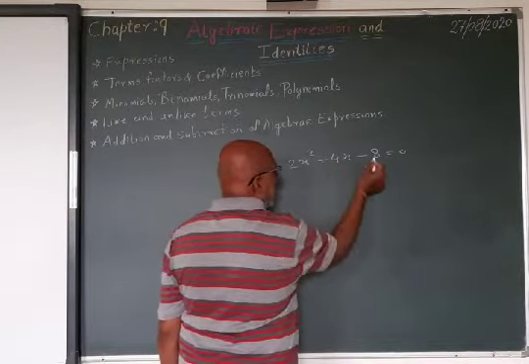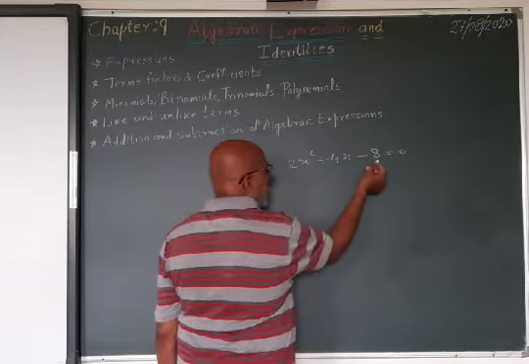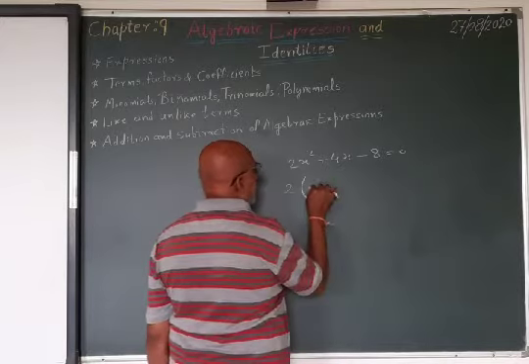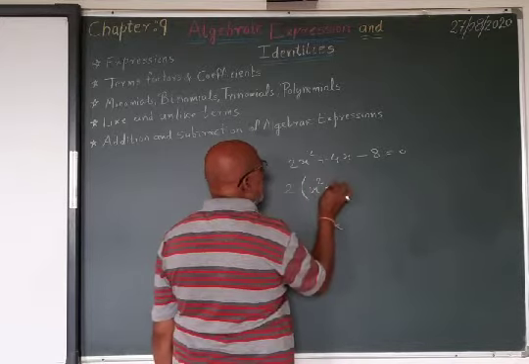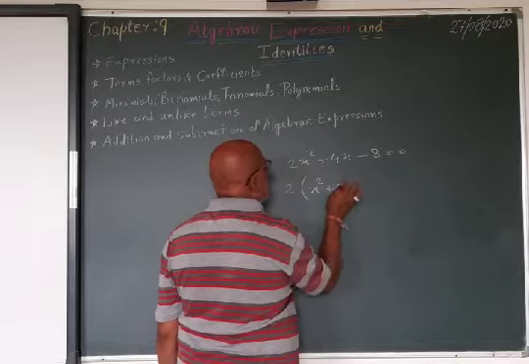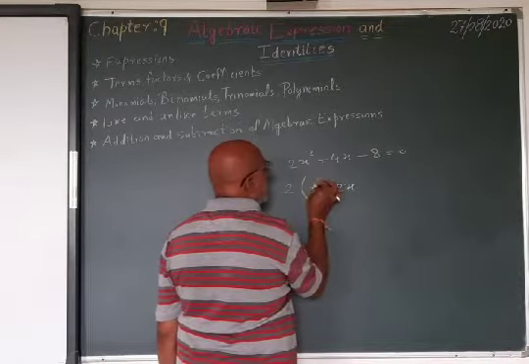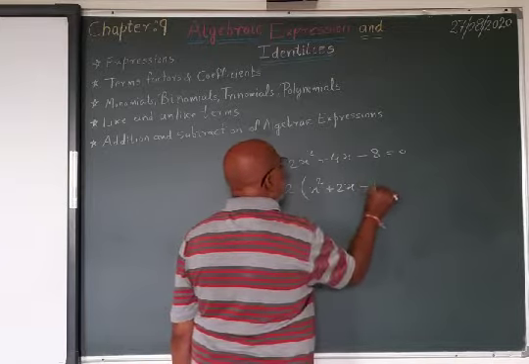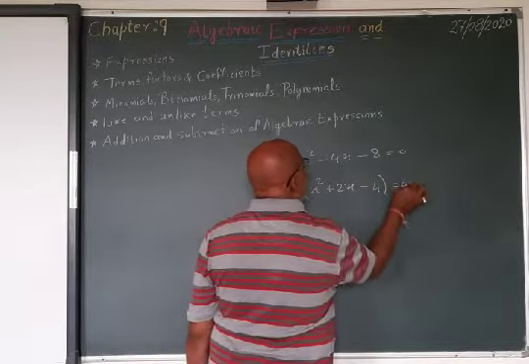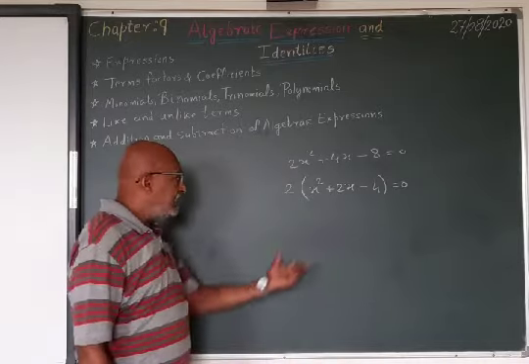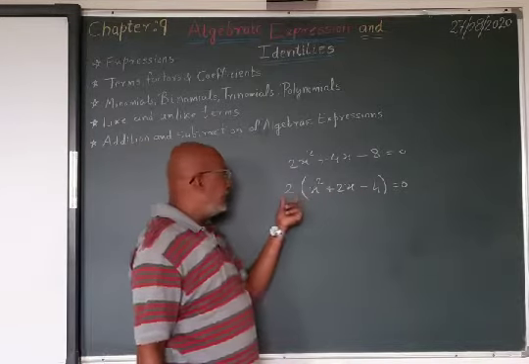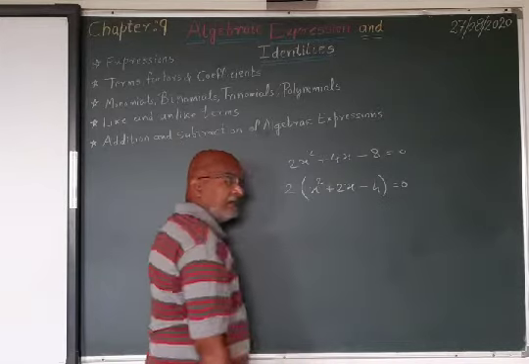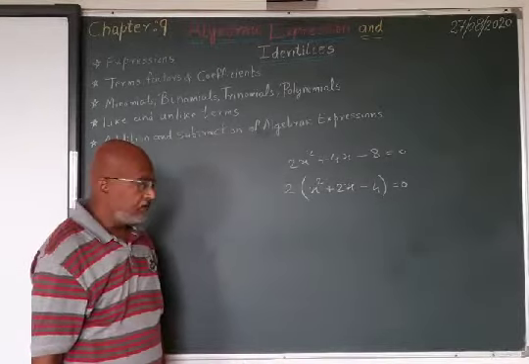Now you can see here 2 can be taken common from all these 3 terms. So if I take 2 as a common, then I will remain with x square plus 2x, because 2 2s are 4x, here 2x square, and minus, when 2 is taken common, we get 4 equal to 0. So this is also an algebraic expression and this is a constant. So these can be called as the factors of this algebraic expression.